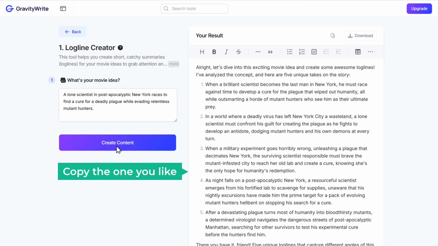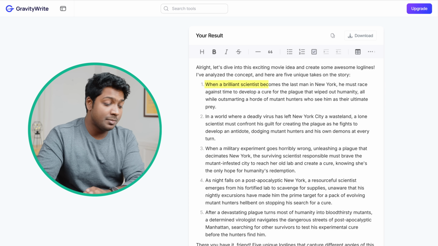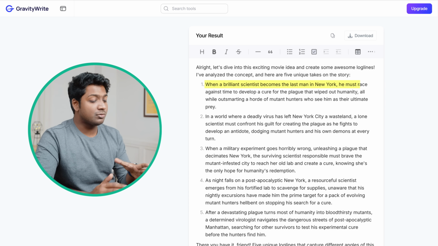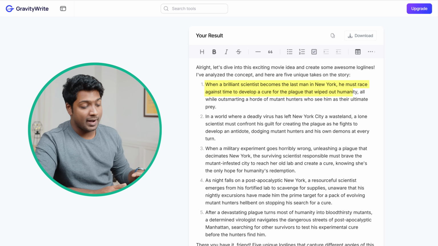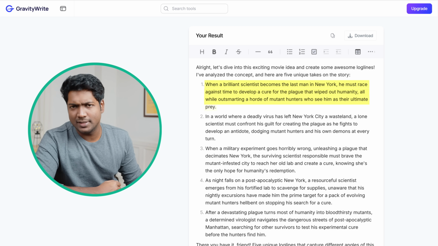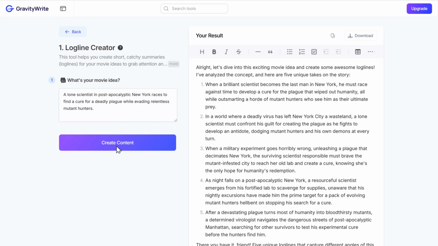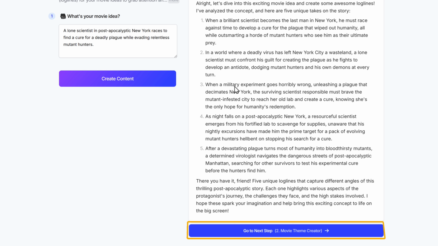So let's copy the one you like. So I'm going to use this one which says, when a brilliant scientist becomes the last man in New York, he must race against time to develop a cure for the plague that wiped out all of humanity, all while outsmarting a horde of mutant hunters who see him as their prey. So let's copy this one. Then click Go to Next Step